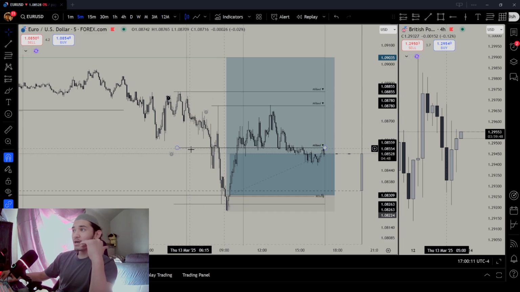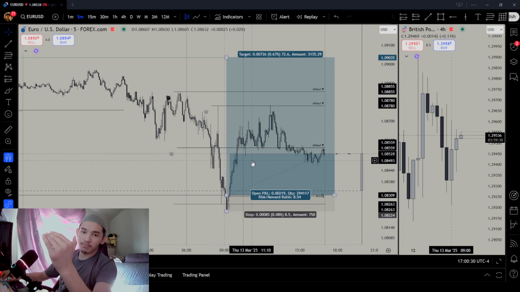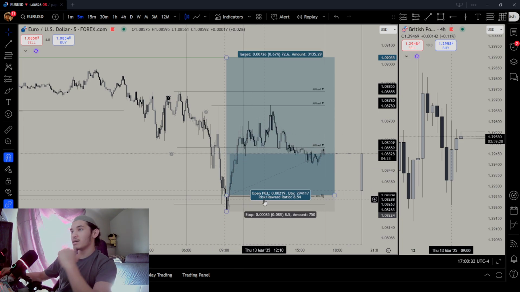As I said, during this time my mind was not that clear. At the time I took this trade, I went for the 50% mark as well. Why did I go for the 50% mark? Because I was like, okay, I have a mismatched bias, so let me just go for the 50% mark, just in case it reverses from there, let me secure some profits, right? Which is not a good thing to do. I should always be going for a CTH low because this is too much partialing.